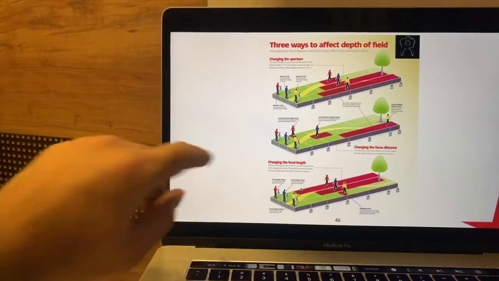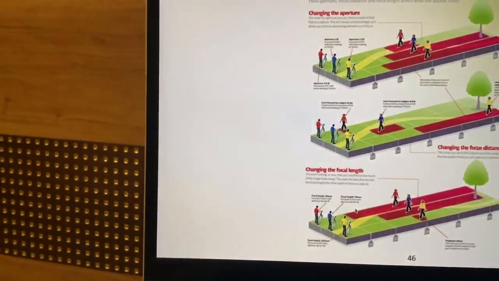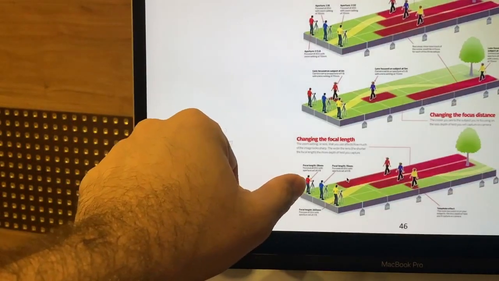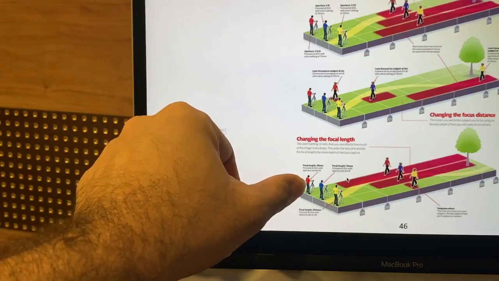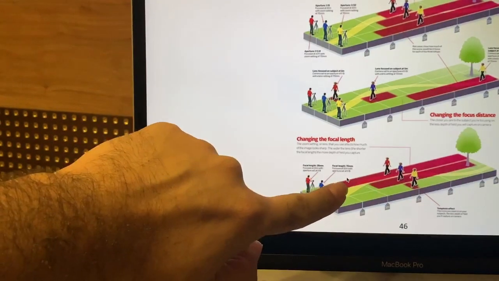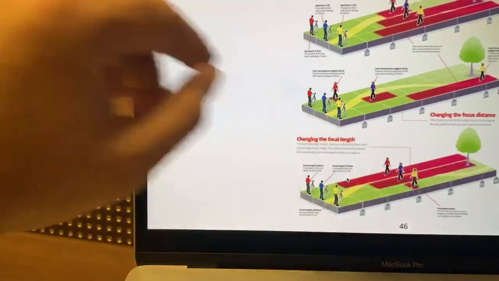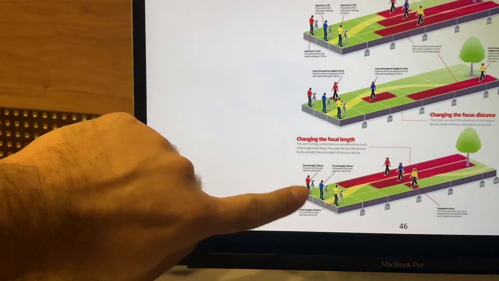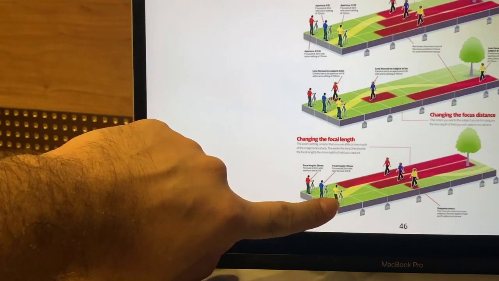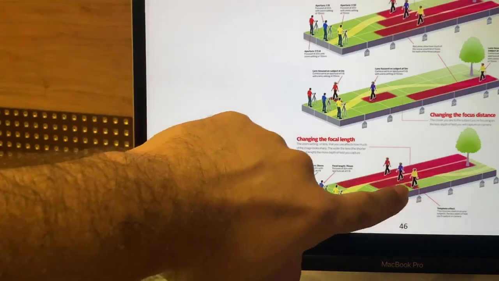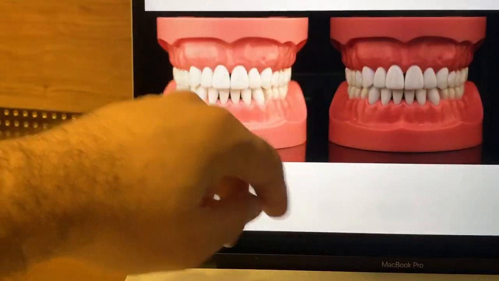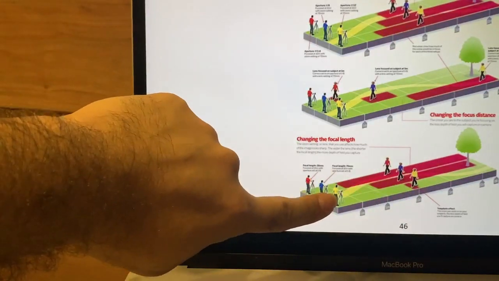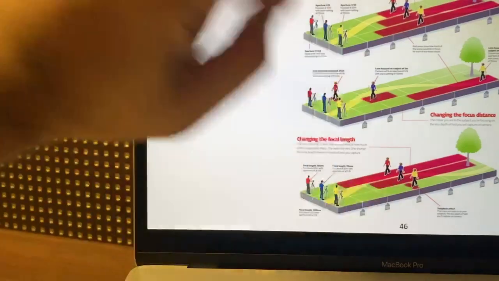Okay. So let me give you an example. For example, this guy with the red t-shirt is using a wide angle lens like 18 mm. So you can see the depth of field is the red color band. It's right from here till here. So the depth of field is very deep. But if you increase the focal length, like this guy in the yellow t-shirt, just say for example, he's using a 400 mm lens. So you can see the red band below the subject, it's shallow. So if you switch to a higher focal length, the depth of field is going to be shallow.